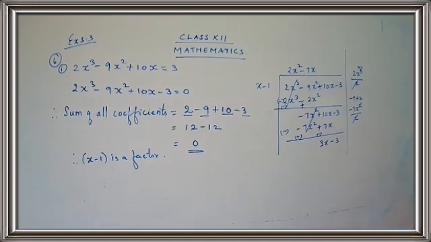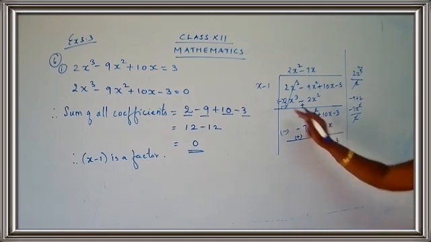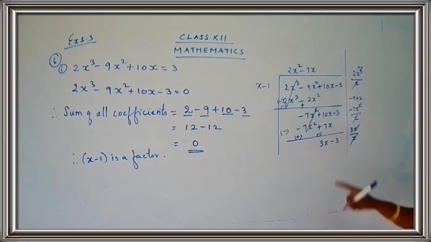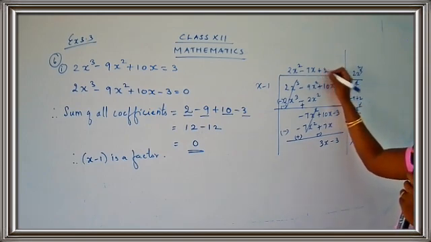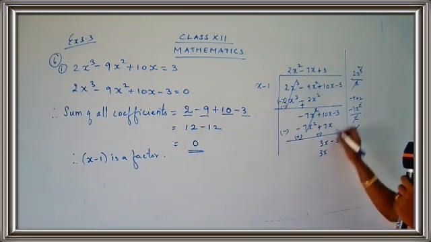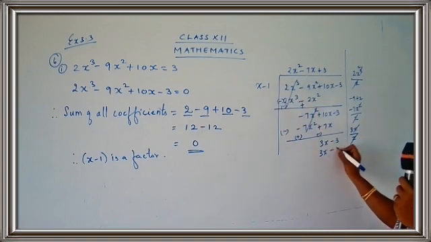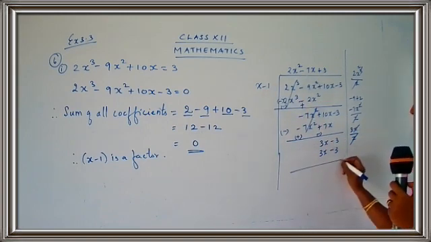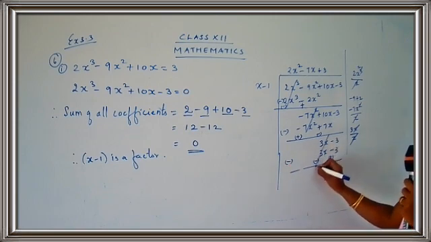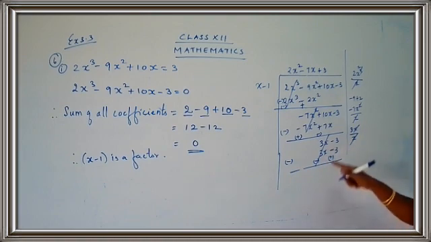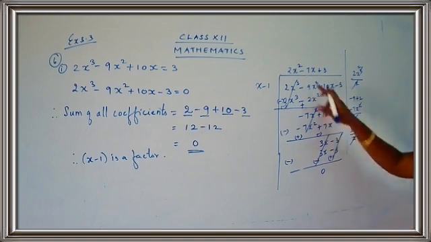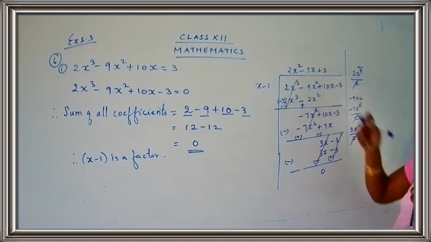What do you get here? 3x minus 3. Take the first term and the first term. So 3x upon x, x gets cancelled, 3 is left. So plus 3. So 3 into x, 3x. 3 into minus 1, minus 3. The main sign is minus. Change the sign minus, change the sign plus. So minus plus gets cancelled. This is minus and plus, again it gets cancelled. And you get the remainder as 0. So I got a factor as 2x square minus 7x plus 3.